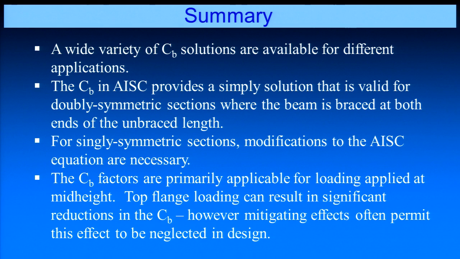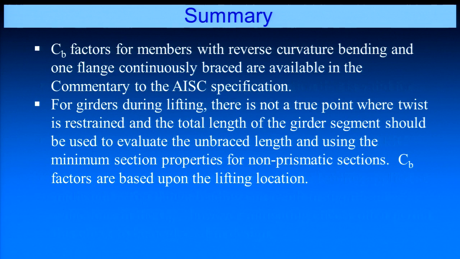In most situations, if I have top flange loading and some of those mitigating factors I talked about, I would still just use the C sub B factor because load position is only a real problem for cases where you have no intermediate bracing and no tipping restraint. We talked about cases where you had reverse curvature bending, where you may have lateral bracing on one flange but not the other flange. Those are now in the commentary to the specification,